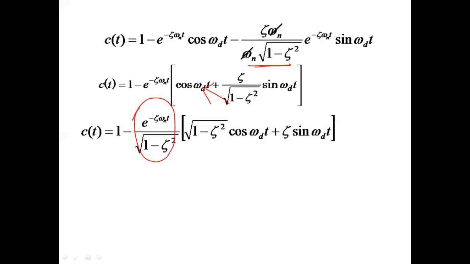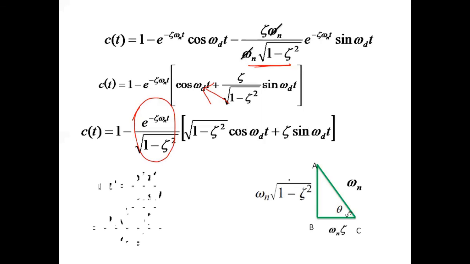And now you can relate it with the equality which we already know, which has been taken from the locus of the poles in a second order system, which we have discussed in the previous lecture. From that we have an equality here, tan theta is equal to sin theta by cos theta, which is given by omega n square root of 1 minus zeta square divided by omega n zeta. So here it is very clear that sin theta is equal to square root of 1 minus zeta square, and cos theta is equal to zeta.